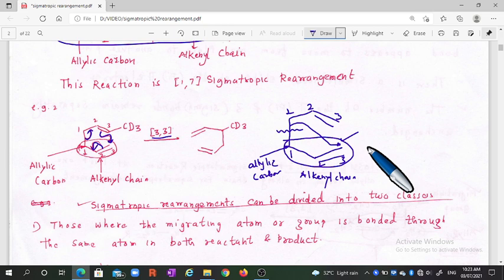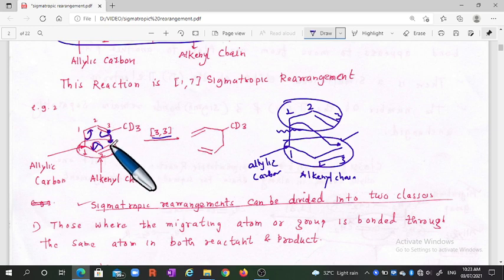Therefore, 1, 2, 3, that position. This carbon will attach to that particular carbon. That is why at the 3 position this bond will be bonded. From the 3 position this will be migrated and bonded to the 3 number of carbon. Therefore a 3,3 attachment is there. This 3 is attached to the second 3. Such a type of rearrangement is nothing but a 3,3 type of rearrangement.